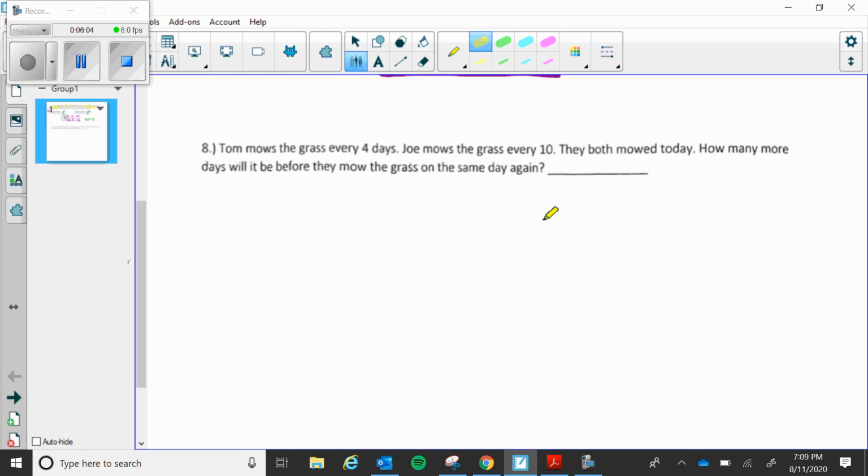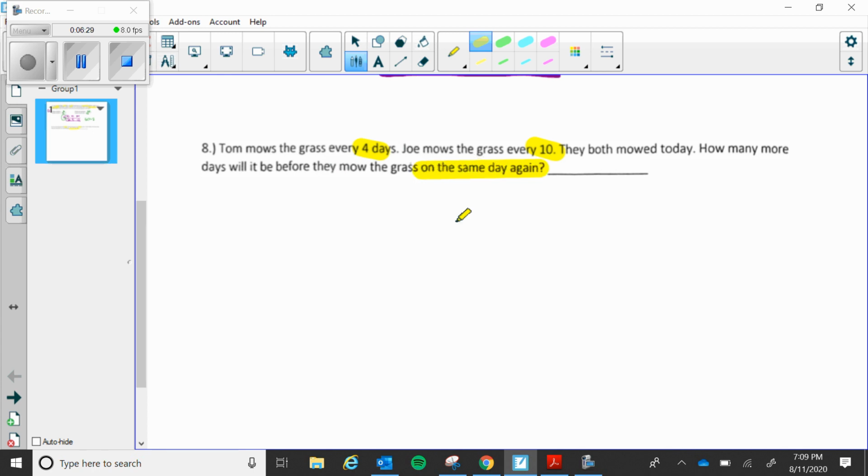So let's go back through it. We've got our numbers here, 4 and 10. Okay, so we know that we're going to be dealing with those numbers. Tom every 4 days and Joe every 10 days. But looking at the question itself, how many more days will it be before they mow the grass on the